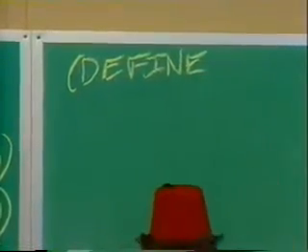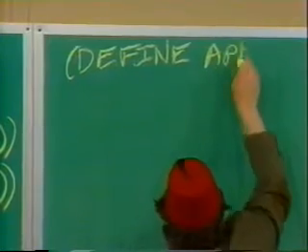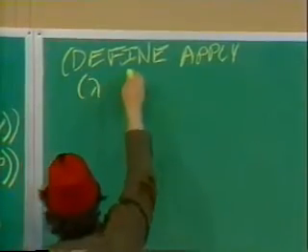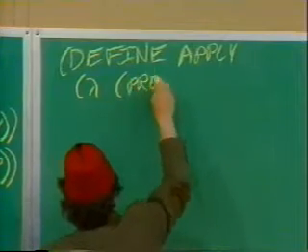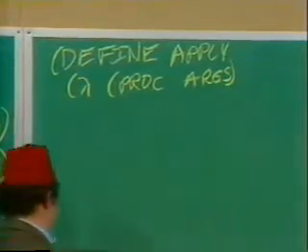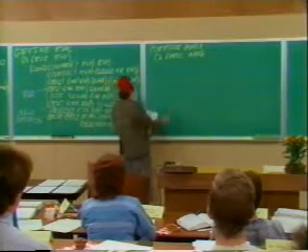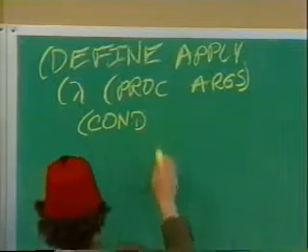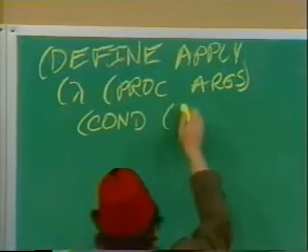So we will define apply to be a procedure of two arguments, a procedure and arguments. And what does it do? It does nothing very complicated. It's got two cases. Either the procedure is primitive,